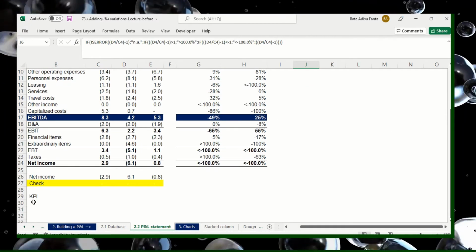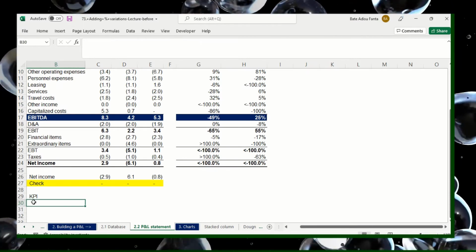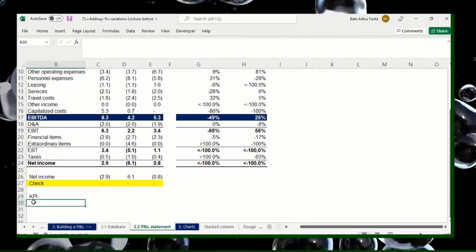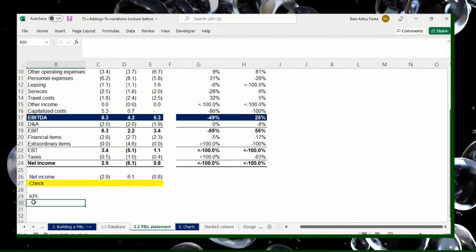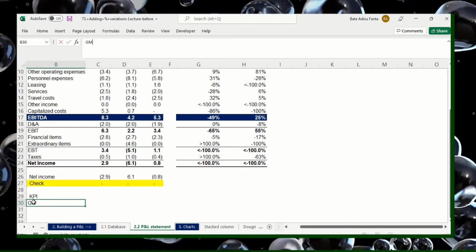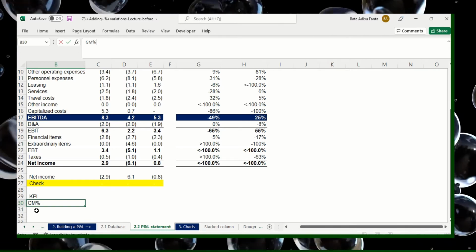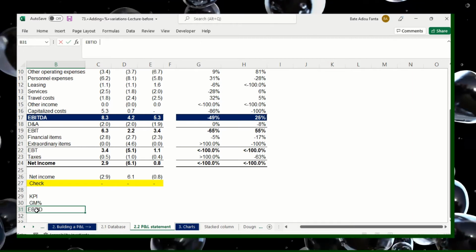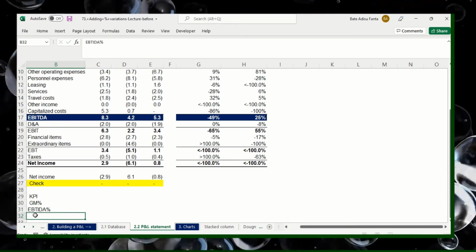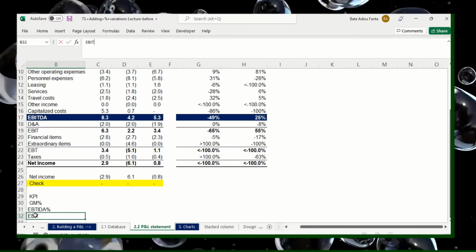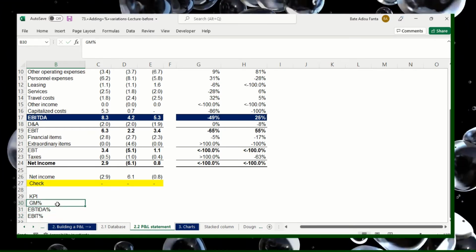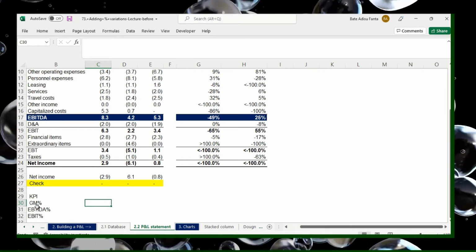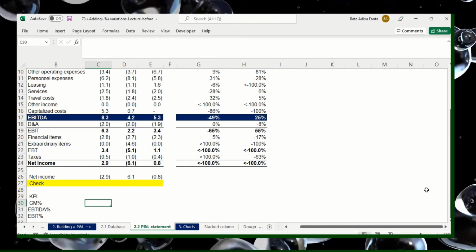And here we have one more thing to see in this video, which is key performance indicators. Let's write some well-known key performance indicators. This may be gross margin profit, gross margin percentage, EBITDA percentage, EBIT percentage. These things simply help us to understand how much profit the company is making, especially if you see gross margin,